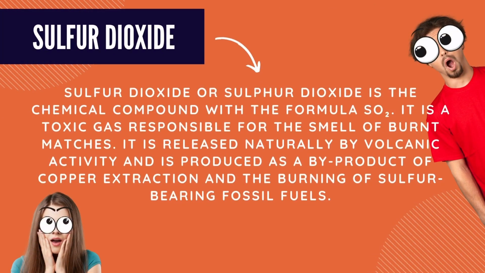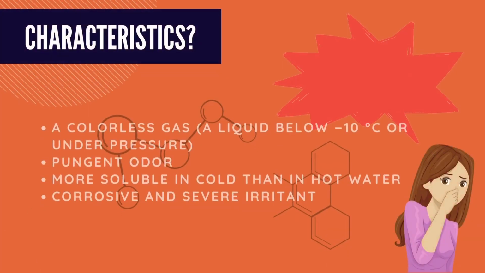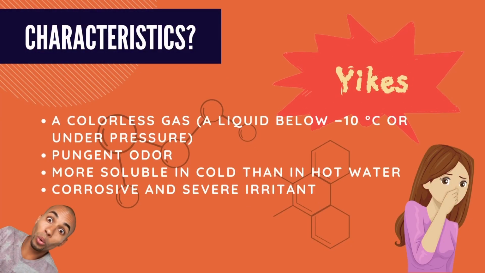Sulfur dioxide is a chemical compound with the formula SO2. It is a toxic gas responsible for the smell of burnt matches. It is released naturally by volcanic activity and is produced as a byproduct of copper extraction and the burning of sulfur-bearing fossil fuels. For the characteristics of sulfur dioxide, it is a colorless gas, a liquid below negative 10 degrees